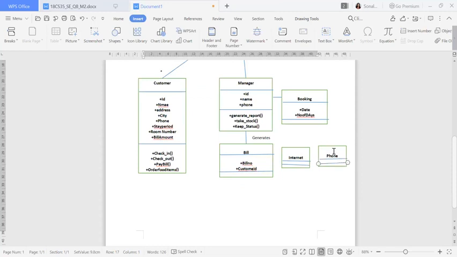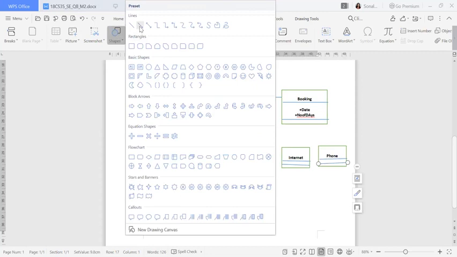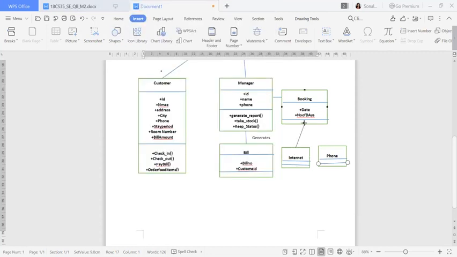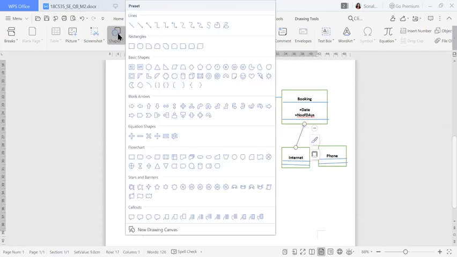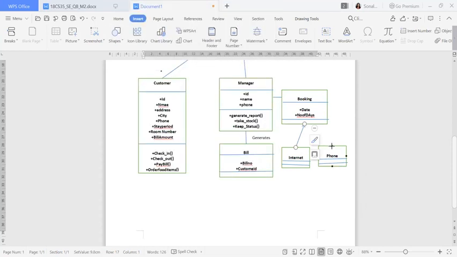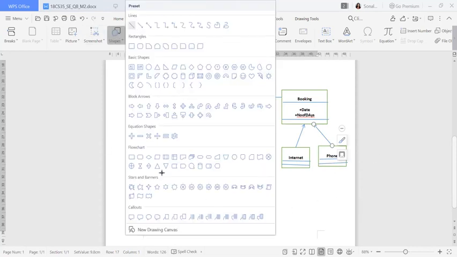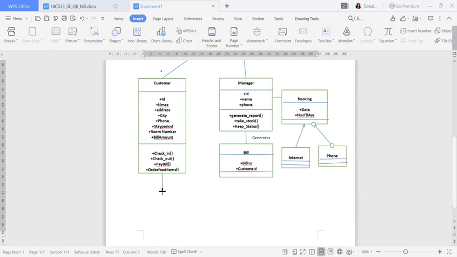Fine. So now this booking is of two types, so I have to give the connectivity from here to here. Just check the arrow mark, and this one from here to here. So these things I have given, and there is also a connectivity from customer to internet, because the customer will book through the internet, right?